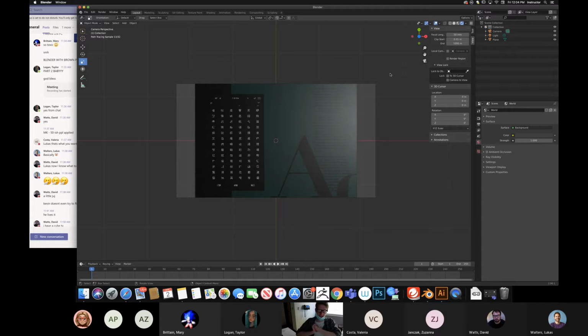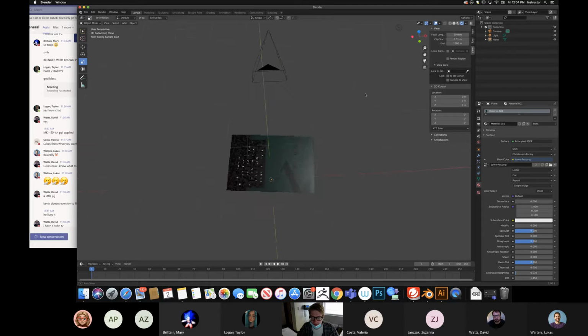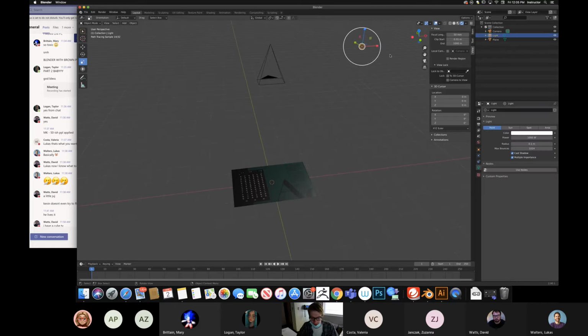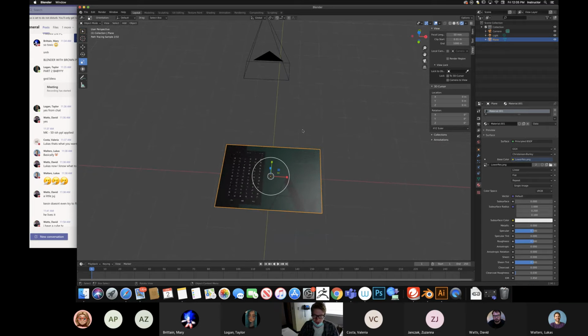So now we have this thing, and it's a poster, and we already designed it. And we're like, okay, well, why is it ugly and white up here? It's because the material is actually being affected by the light that we have. And there's probably a way to do this in a cool way. But if you don't want that, anything you don't want to be affected by lighting or anything like that, you would go to principled,